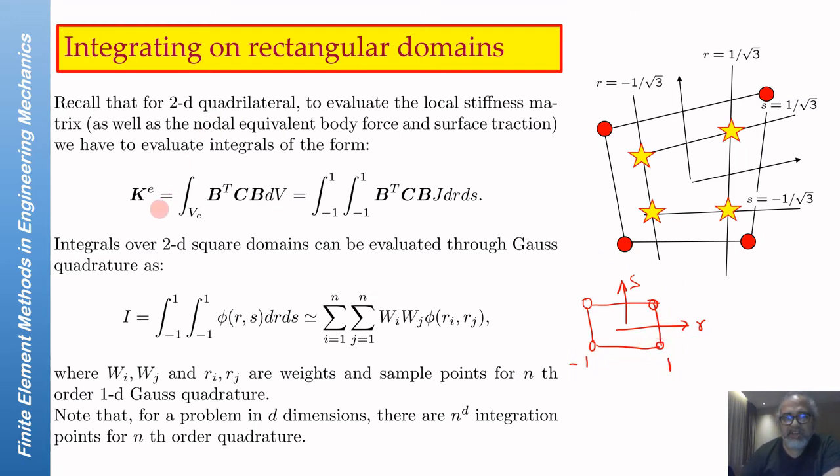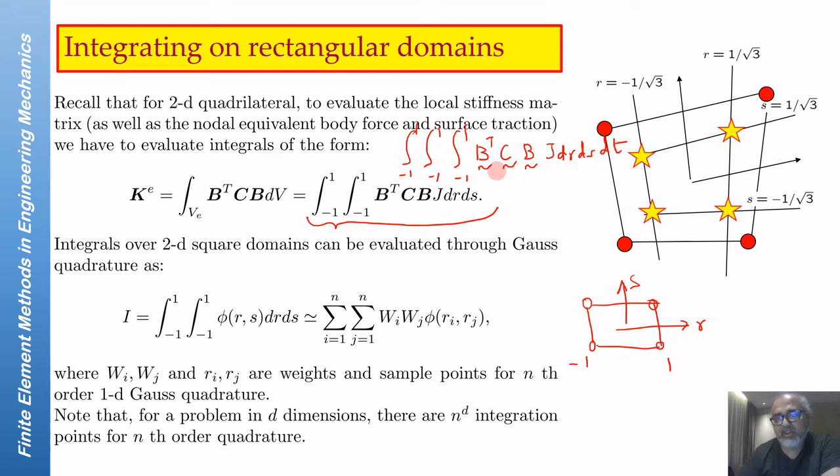So Ke is evaluated in 2D as the integral from -1 to 1 of B transpose CB J dr ds, as we have explained before. In 3D, this would be -1 to 1, -1 to 1, -1 to 1, a triple integral of B transpose CB J dr ds, let's say dt. So this would be in 3D. In 2D, this would be the case, and this is integrated now with the Gauss formula for 2D integration over rectangular and square domains, as